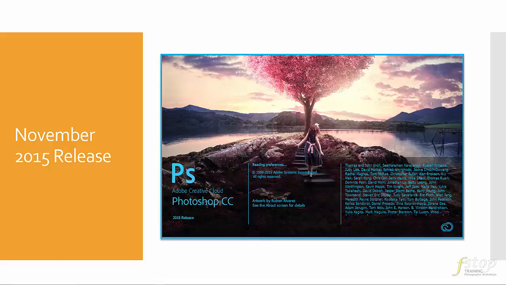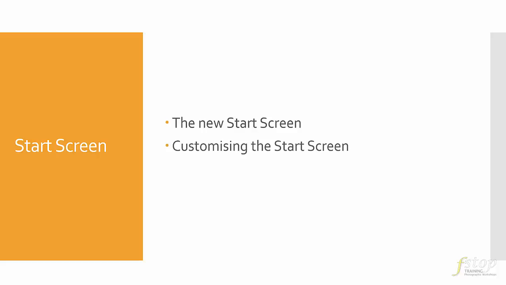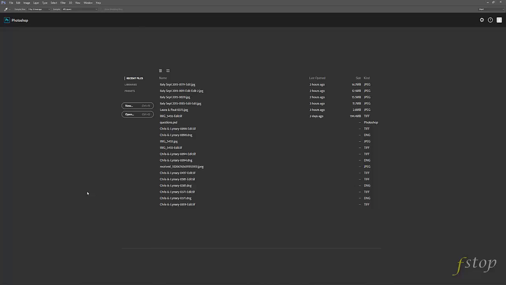These interface changes are more than simply cosmetic. There are also many functional differences, and this is why I'm putting together a set of videos to walk you through some of these November 2015 updates. In this first video, we will look at the new start screen. We will look at customizing this new start screen, and we will look at how we can use it to easily open files. So let's get started by taking a look at the new styling and the all new start screen,